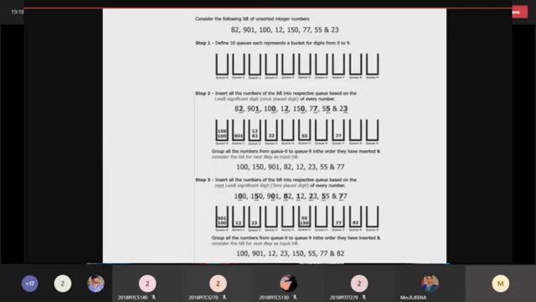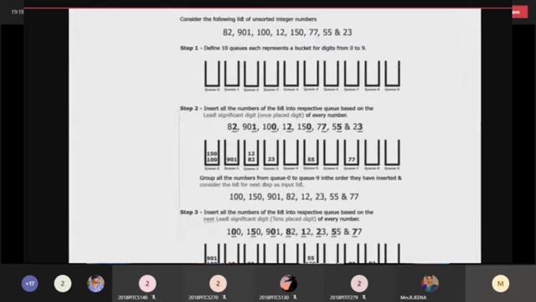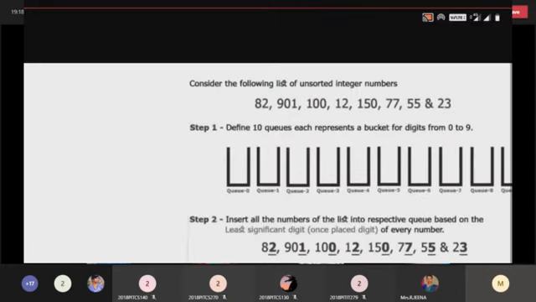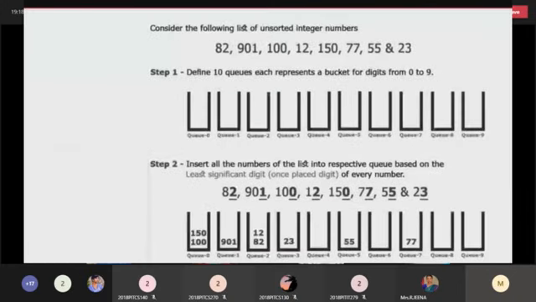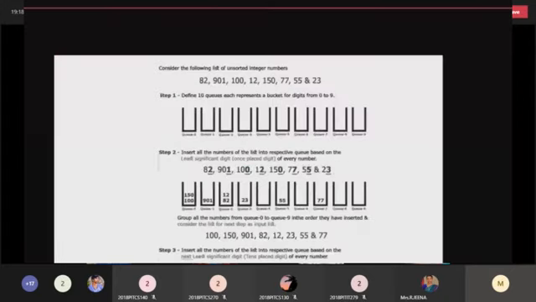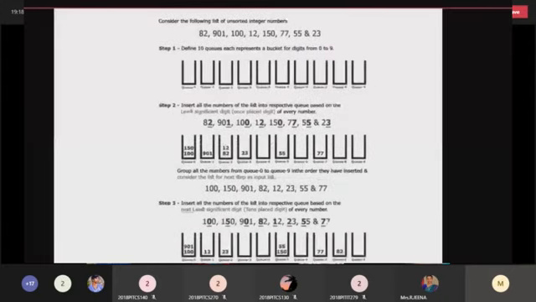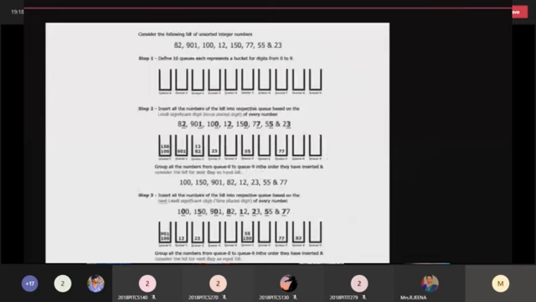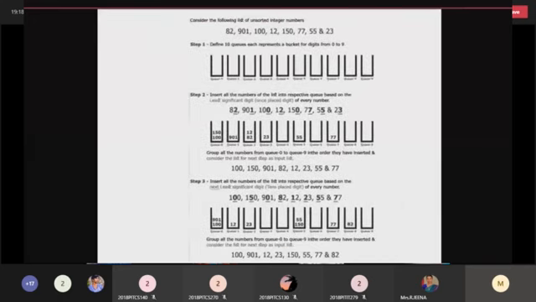That means, taking the example here, 82. So 82 means you have to take the least significant bit from the right hand side. So 2 is the least significant bit. So 2 is the ones bit. So you have to find the second bucket and place your key value. Every time you first take the ones bit, then put it in the bucket. Then in whichever way you inserted it, in that same order you take it out, not in last in first out order. So you have to take the first in first out order.